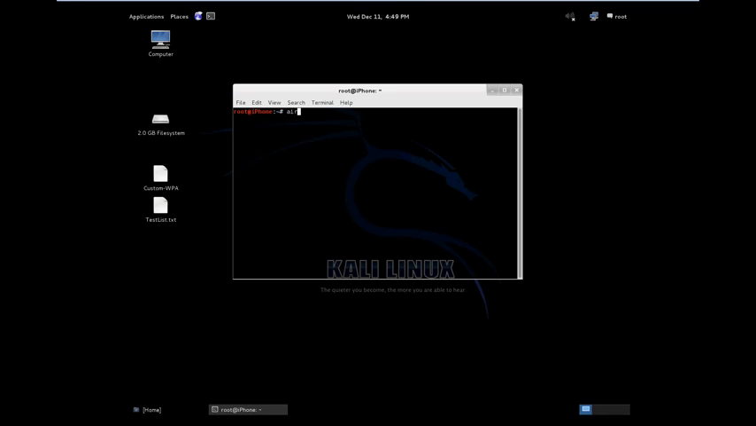So we issue the command aircrack-ng -w to tell it which word list we want to use. We want to use this word list and this word list, and then we just enter the location of the capture file that has the hash that we captured in it. Okay,